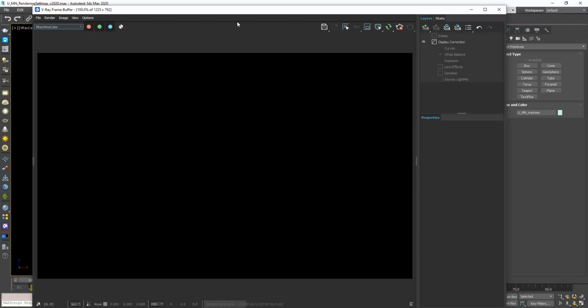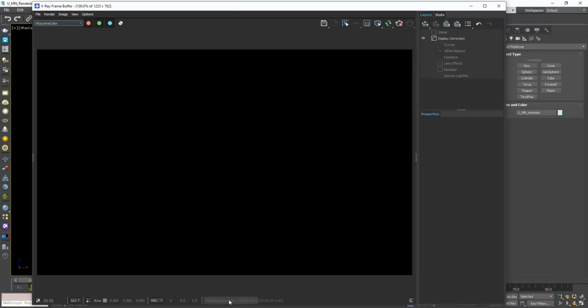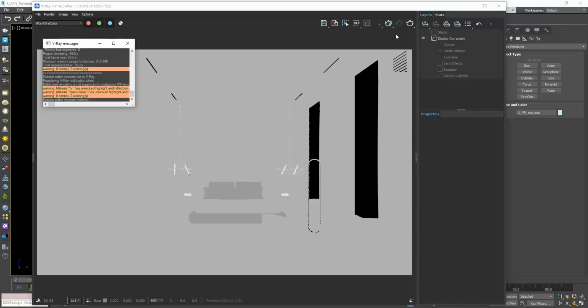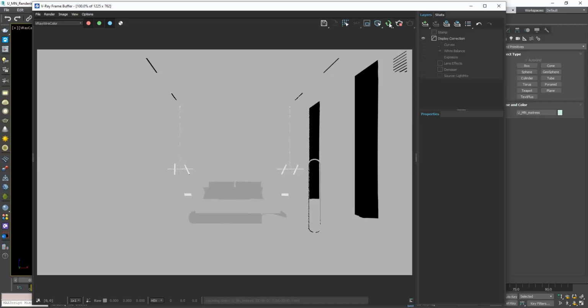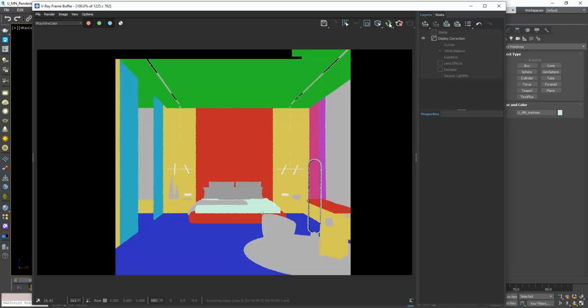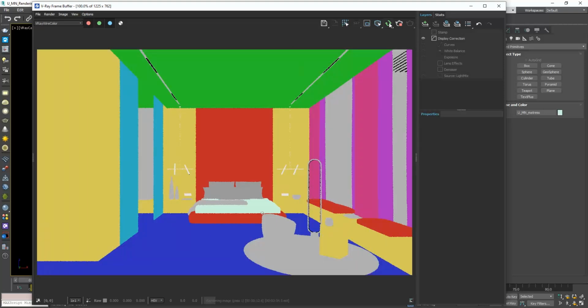You now see a black color here, but that's because it is still calculating the light cache. Sometimes it may get stuck and not update like now. In cases like this, simply abort the rendering process and start the interactive rendering from scratch. Now we can see all the colors we have set. Let me remind you, at the end you should apply a different color to all the objects. I won't do it now just to save time.